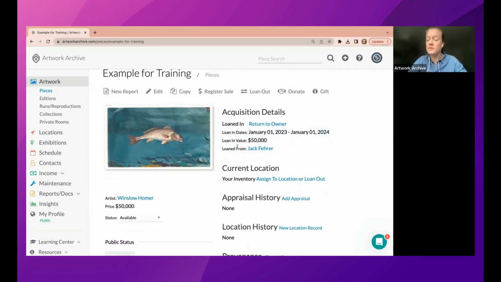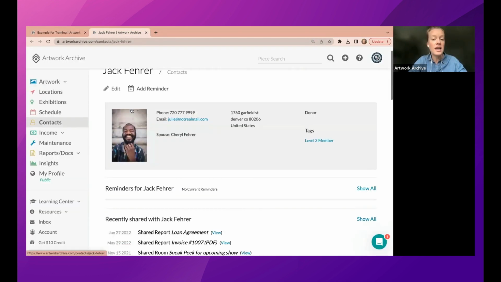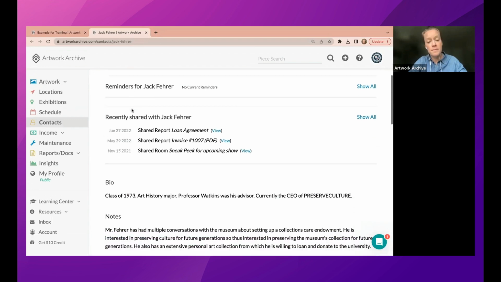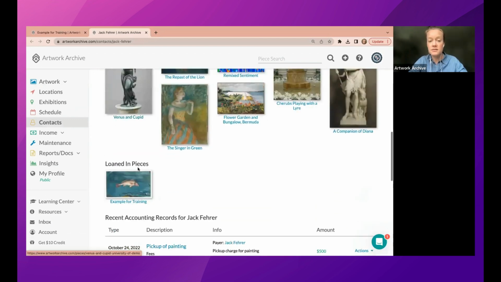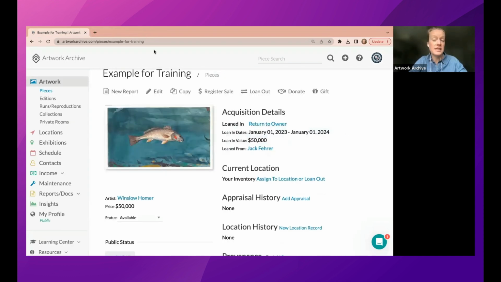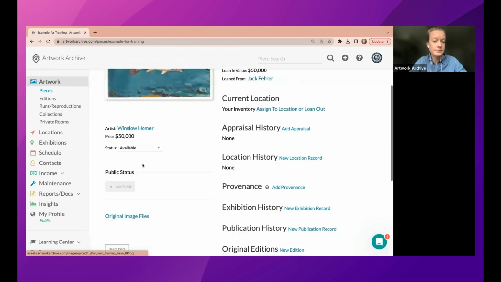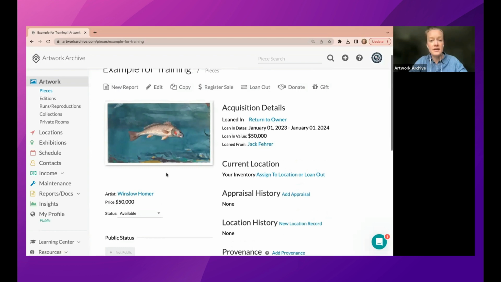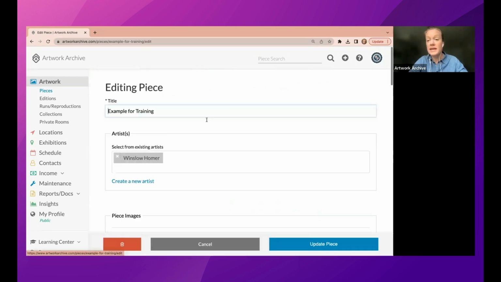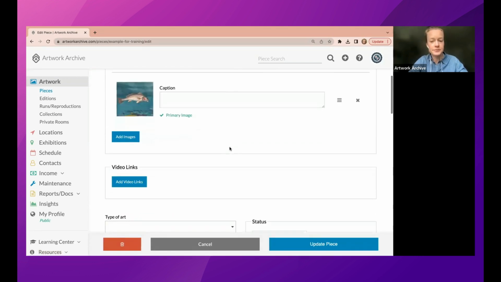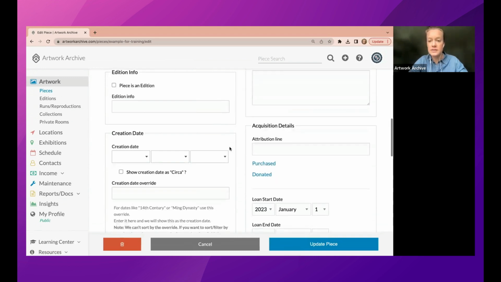So that lives under acquisition details. If I click into Jack's contact record by clicking the blue hyperlink and scroll down, I'll see that he has loaned us a piece and what piece that is. So that information is saved on the contact record. And then if I go back into edit and down to the acquisition details,